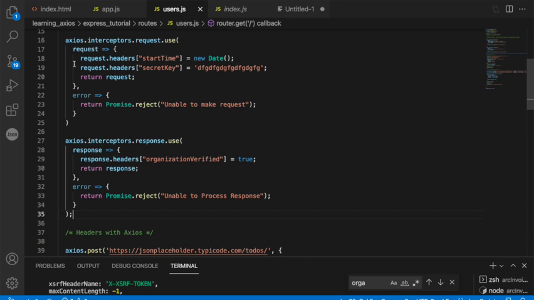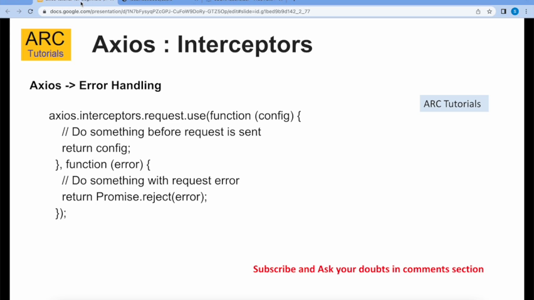So this is how you will use axios.interceptors.request.use, and here you will use axios.interceptors.response.use. It's the same code for React, Node.js, Express or standalone. Don't get confused with that. All right, so that was interceptors, and the last thing in the tutorial that I want to cover is